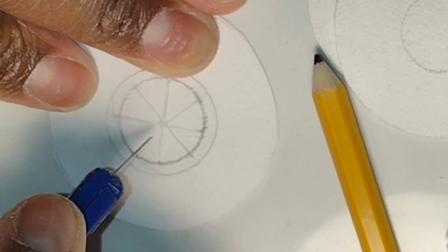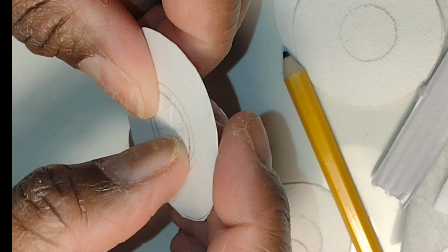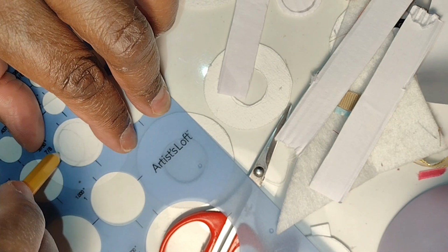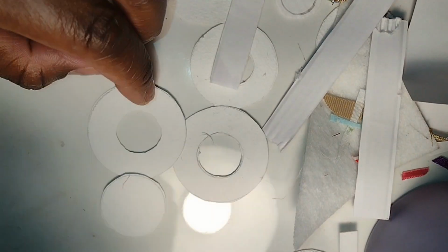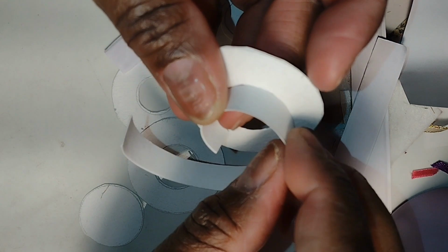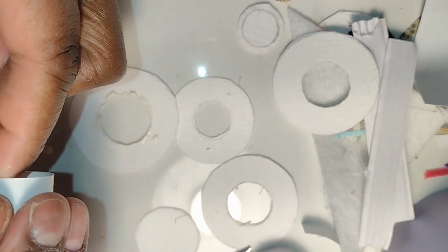So I started out making my hats. I'm kind of using a paper that's sort of like the weight of watercolor paper. Now in this instance, I used a circle template to get my shapes. But if you don't have a circle template, dolls, you can use a jar or a bottle that's the size of the brim of the hat that you're trying to make. So you're going to need a couple sizes of circles because you're going to need something to be the size of the brim and something to be the size of the top of the hat where the person's head actually